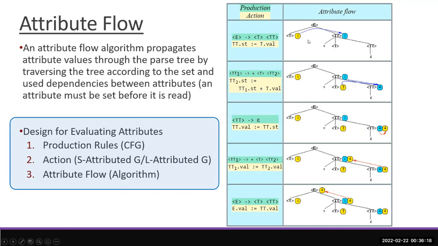The subtotal gets from the previous one. So T2's subtotal would be getting from T1's subtotal plus the T's value. So this one we actually have different rules, and it's related to calculation for the action plan and the attribute